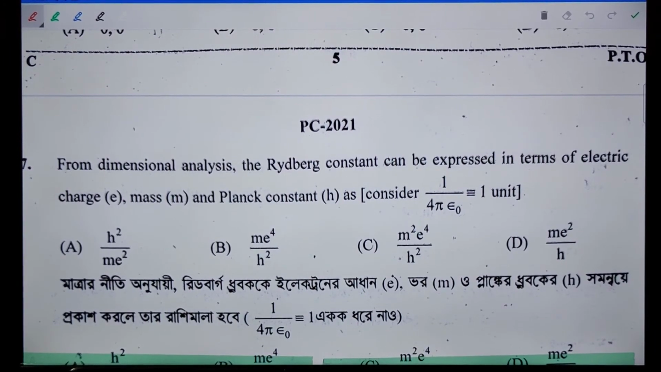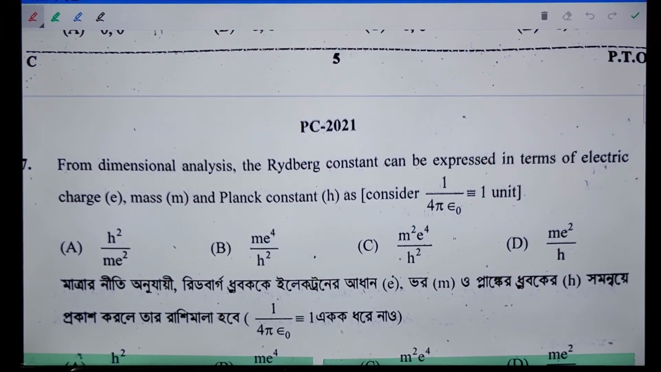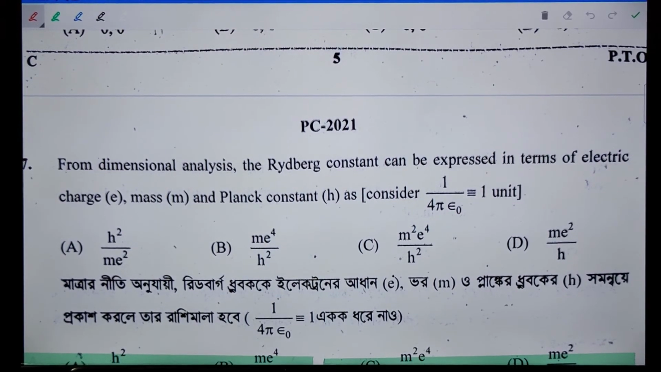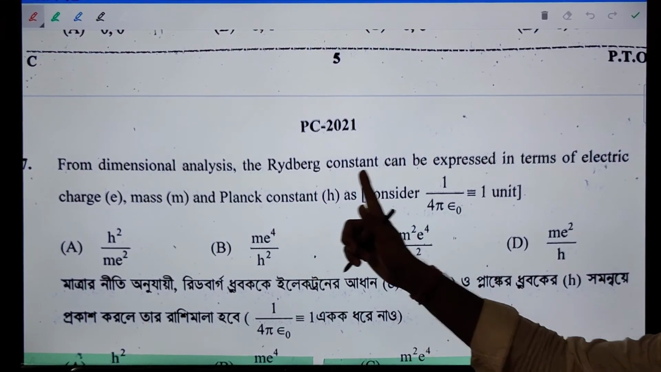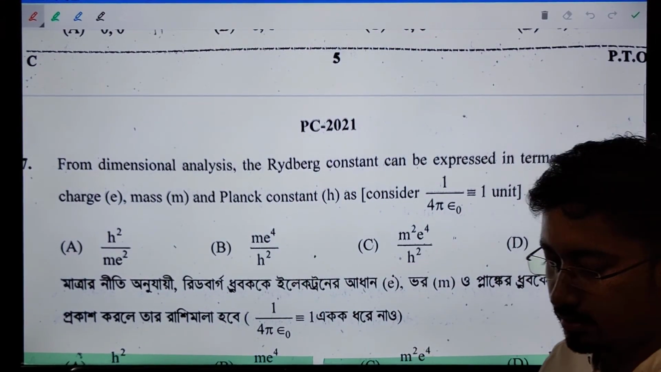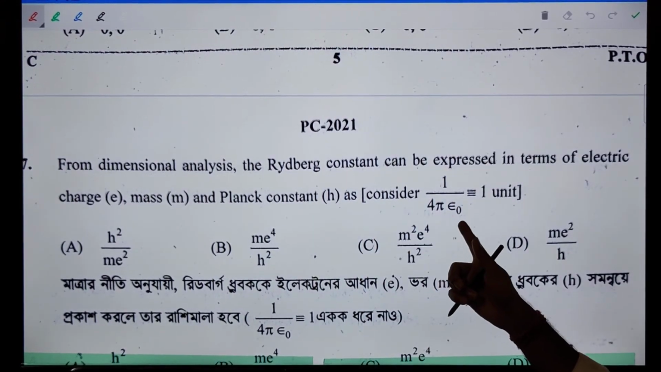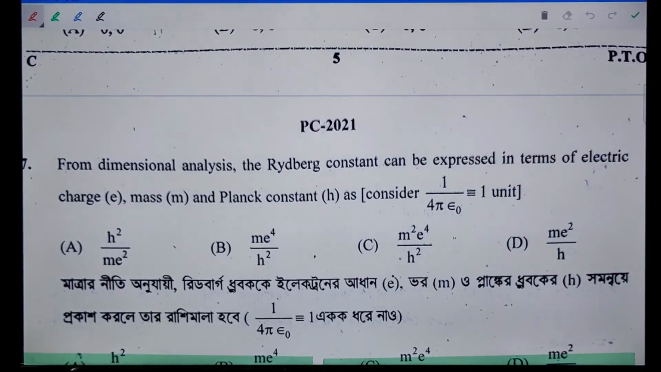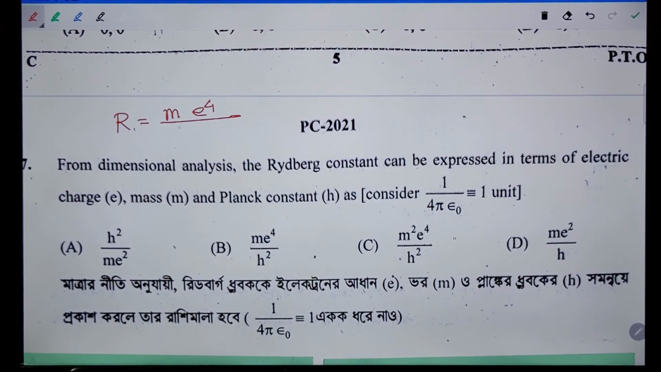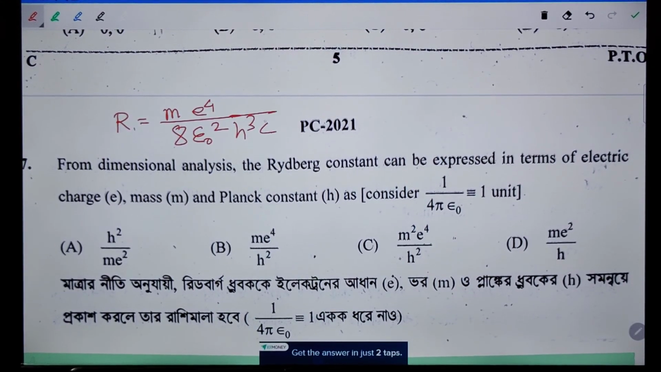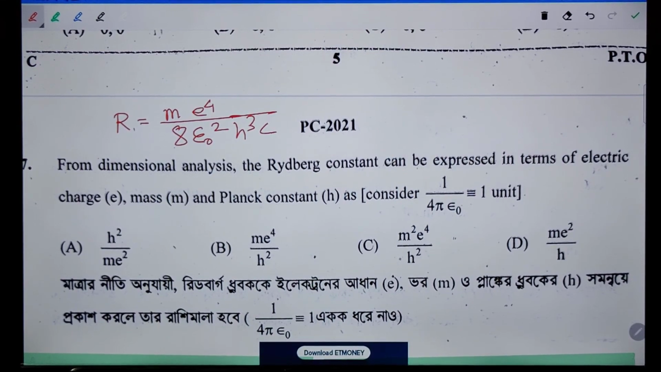It is about the Rydberg constant. So what will be the relation between charge of electron, mass, Planck constant and Rydberg constant? Here you can take 1/4πε0 as 1 unit. So basically the expression of Rydberg constant is m e to the power 4 by 8 epsilon naught square h cube into c. Okay, so if you simplify it, so